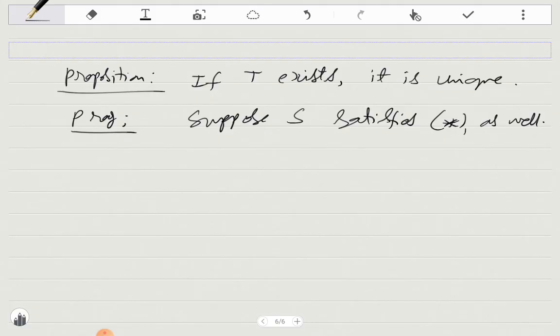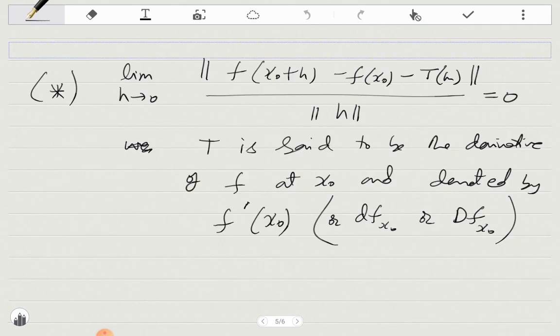We would like to estimate, so let's just proceed as follows. I'm just using the definition of the limit here. The fact that this limit is 0 for T will mean that